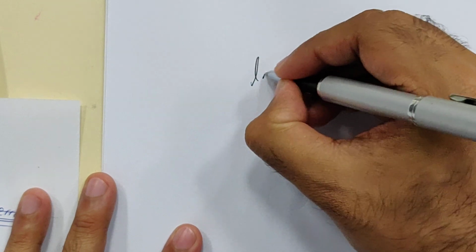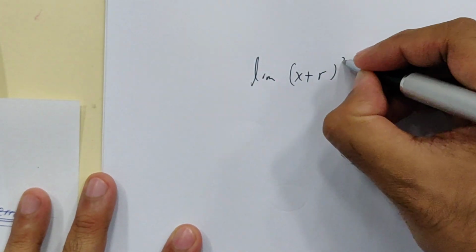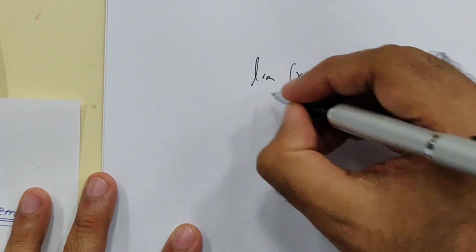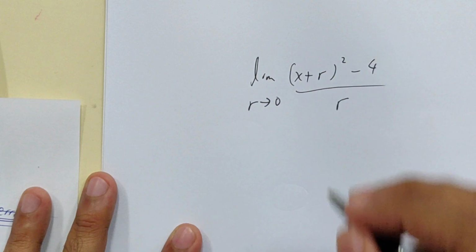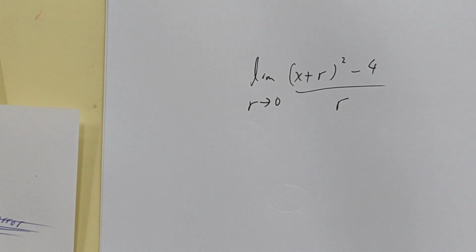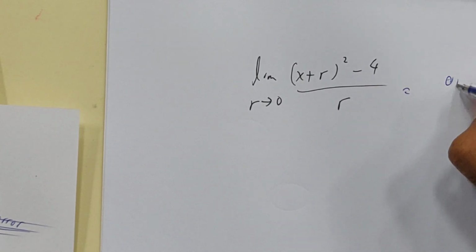Okay, now let's try this one. Limit of x plus r squared minus 4 over r, where r approaches 0. Let's start with one thing. What happens if I try to direct substitute? What will I get? I get 0 plus